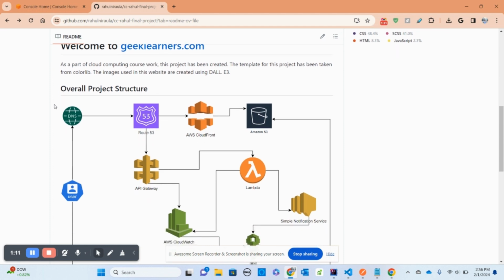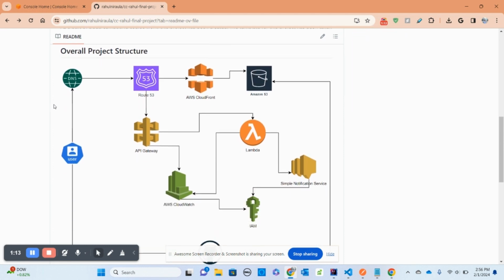Explaining the overall structure of the project, let's begin with the URL. I have taken my domain from dynadot.com. That's a third party provider, it's not an AWS service. Whenever a user makes a request to geeklearners.com, that goes first to Dynadot, and Dynadot has the namespace of Route 53 of AWS. So as the request reaches Route 53,